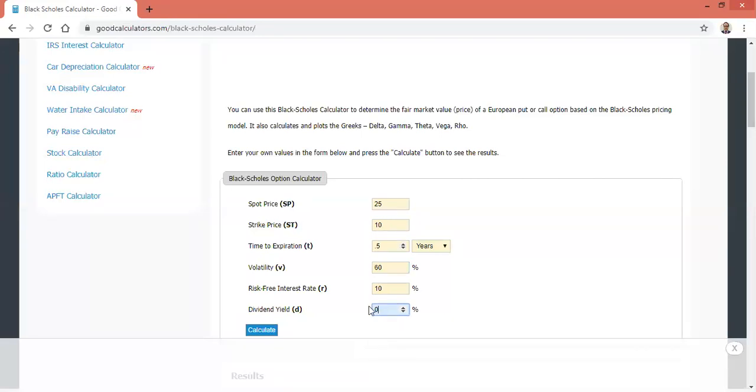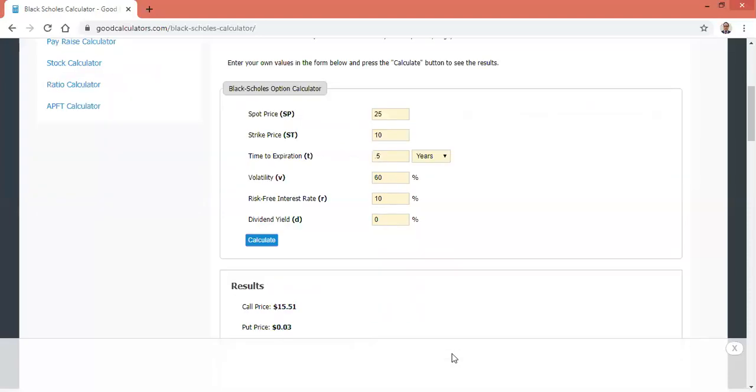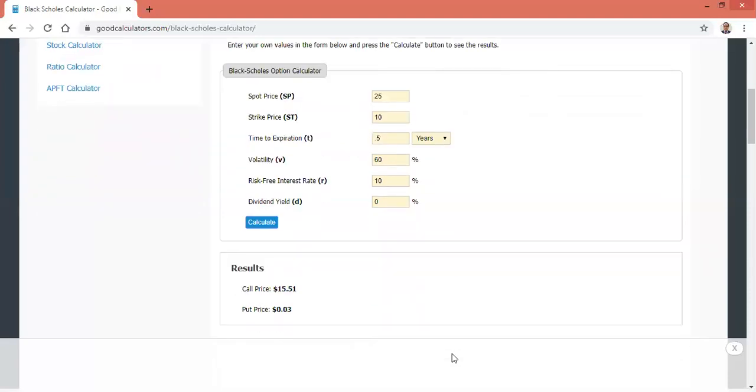Once you have put all the parameters, spot price, strike price, time till expiration, volatility, risk-free interest rate, and dividend zero, you have to put right now. We can calculate the premium and you can verify. 15.51, we also got the answer, and here also the answer is 0.03. Rounding off error is there, that's all. So that is the way you can verify your answer. While sitting at home, easily you can calculate it.